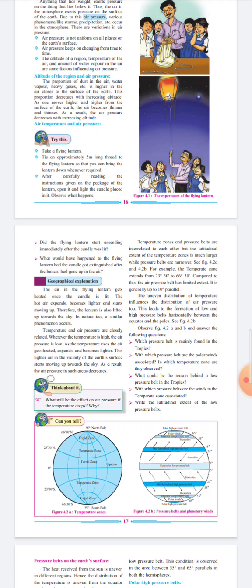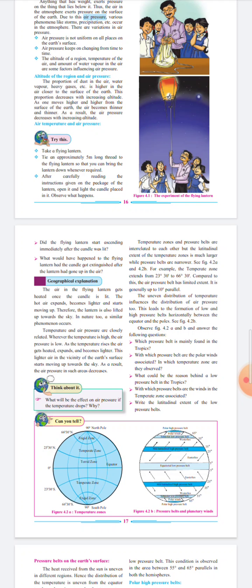So according to temperature, Earth has three types of zones: torrid zone, temperate zone, and frigid zone. Tropic of Cancer to Tropic of Capricorn is called the torrid zone, the hottest zone. Tropic of Cancer to Arctic zone is called the temperate zone, and Arctic zone to North Pole is called the frigid zone. Tropic of Capricorn means 23 degrees 30 minutes south. Tropic of Capricorn to Antarctic zone is a temperate zone, and Antarctic zone to South Pole is a frigid zone.